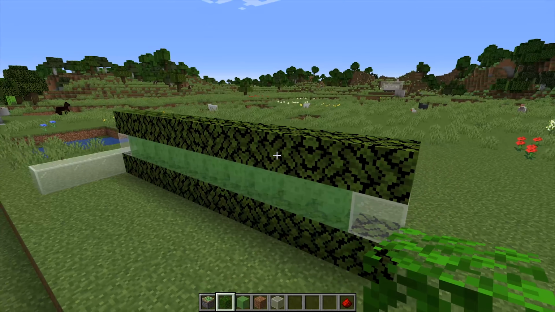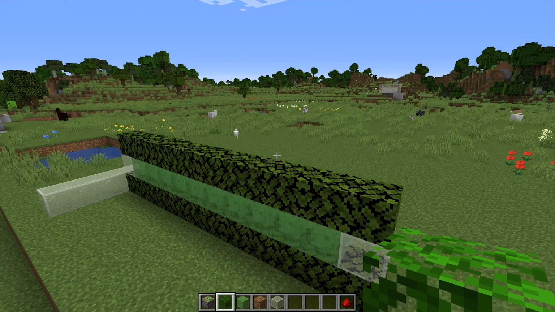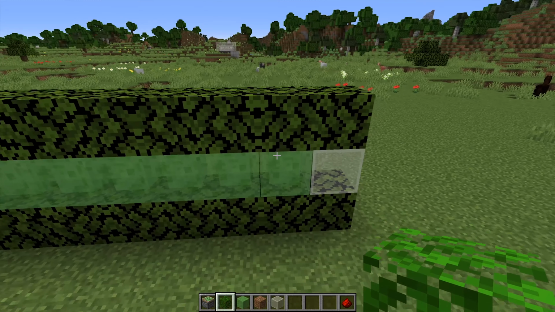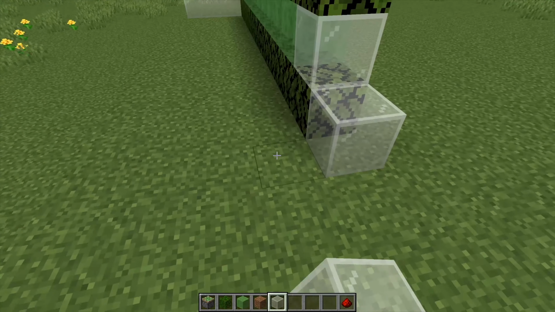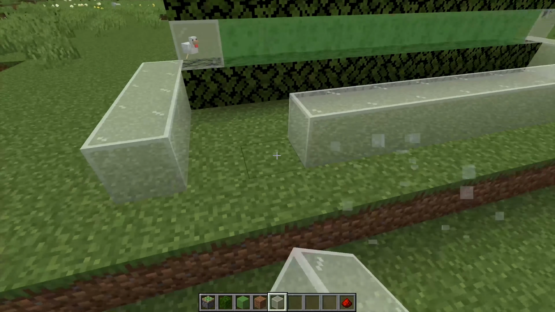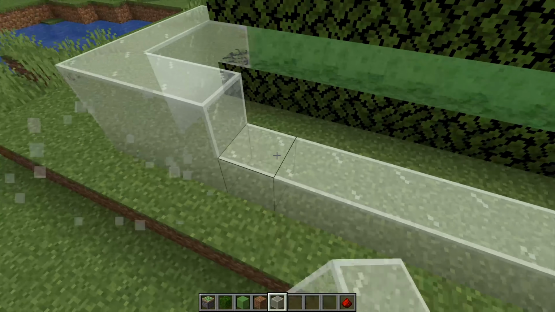Now this doesn't need to be leaves, it could also be something like a furnace or a dispenser, just any block that's non-movable, because if it's movable the slime block of the sticky piston will stick to it and then your farm will not work. And then the next step is you want to come around here and just box this in like this, and you can take this up all